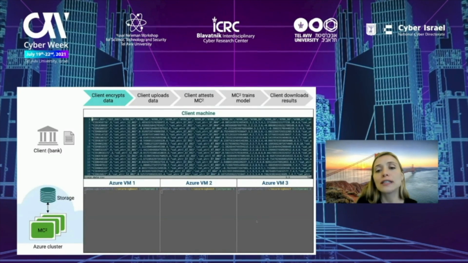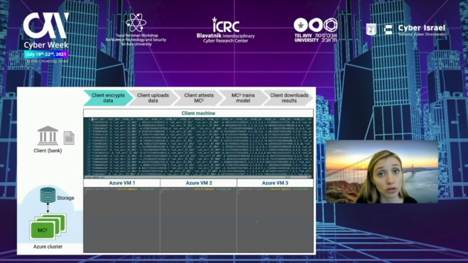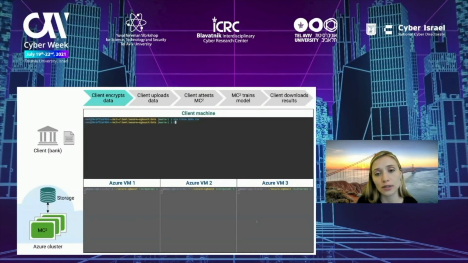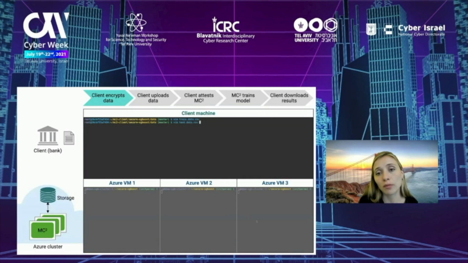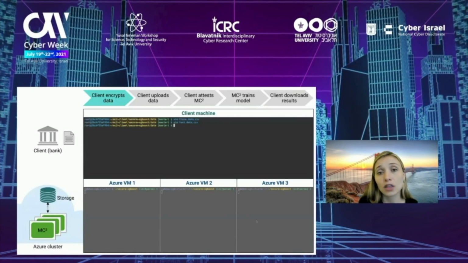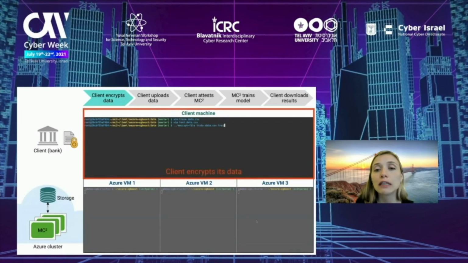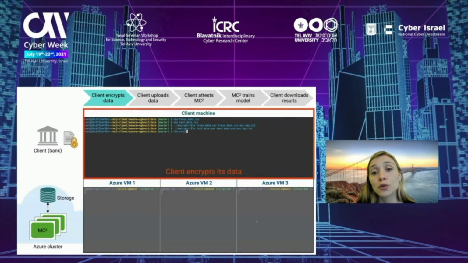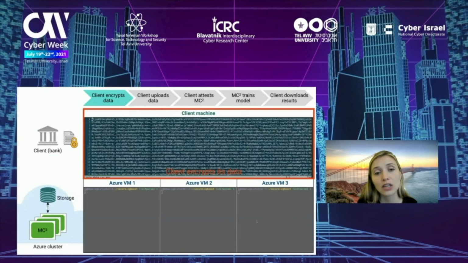And so we're going to use this data to train a money laundering model. And then we're going to use it to perform predictions for money launderers. So we also have testing data that looks very similar. Okay, so now on the client side, we're going to encrypt the training data and testing data, and we're going to upload both of those to the cloud. So let's take a look.